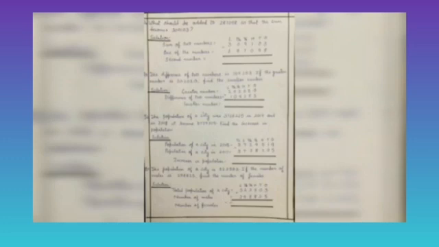Question number 5 is the difference of two numbers is 1,09,253. If the greater number is 2,02,020, find the smaller number. What a beautiful number, 202020. Now children, what is difference? Difference is the answer that we get when we subtract the smaller number from the greater number, or it is the answer of subtraction.